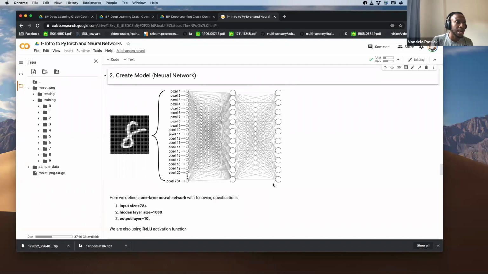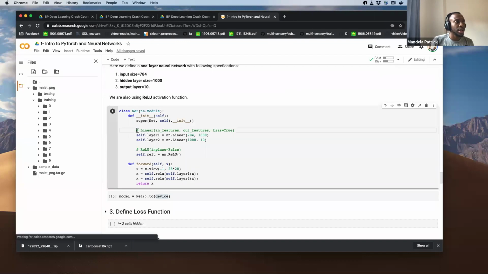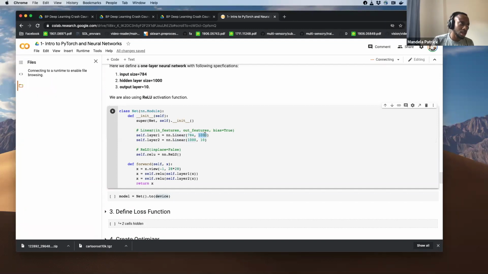So you want to compare the probability distribution of what the neural network outputs versus the probability distribution of the labels. And here, the neural network is very simple in PyTorch. 784 to a 1,000 hidden dimension, then the 1,000 hidden dimension to the 10 layer output.